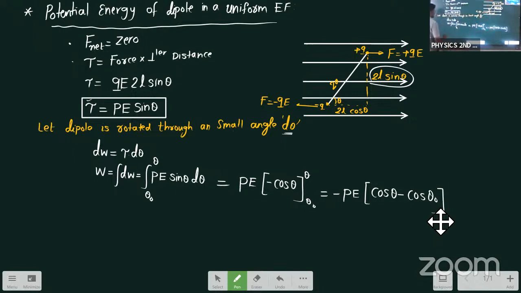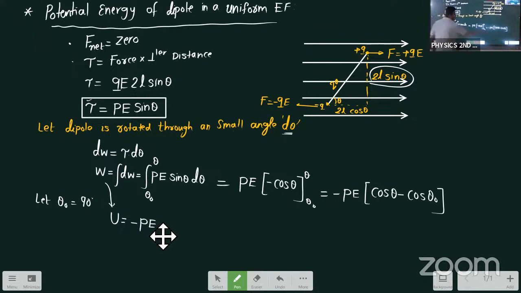Here we'll be considering one small condition. Let theta naught be equal to 90 degree. Then what will be the work formula? Whatever work we will be doing will be stored in the form of potential energy. So this formula will become minus PE